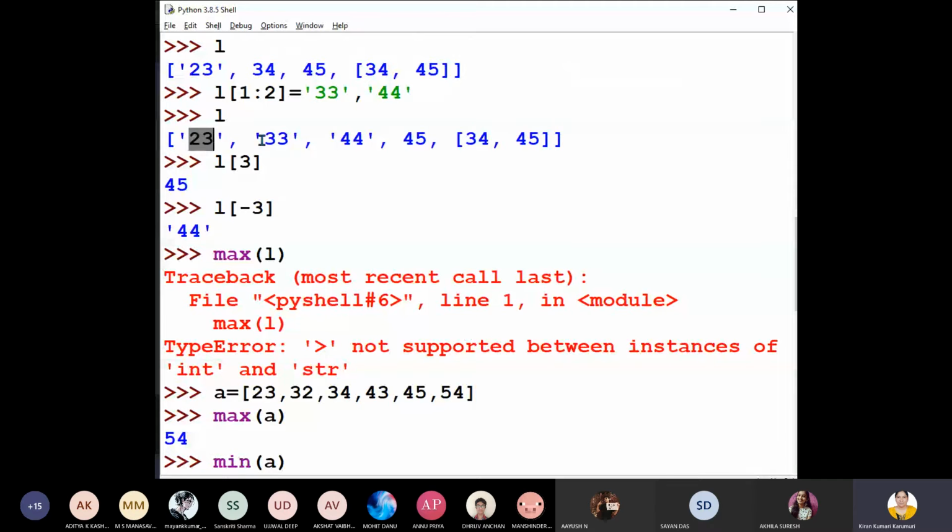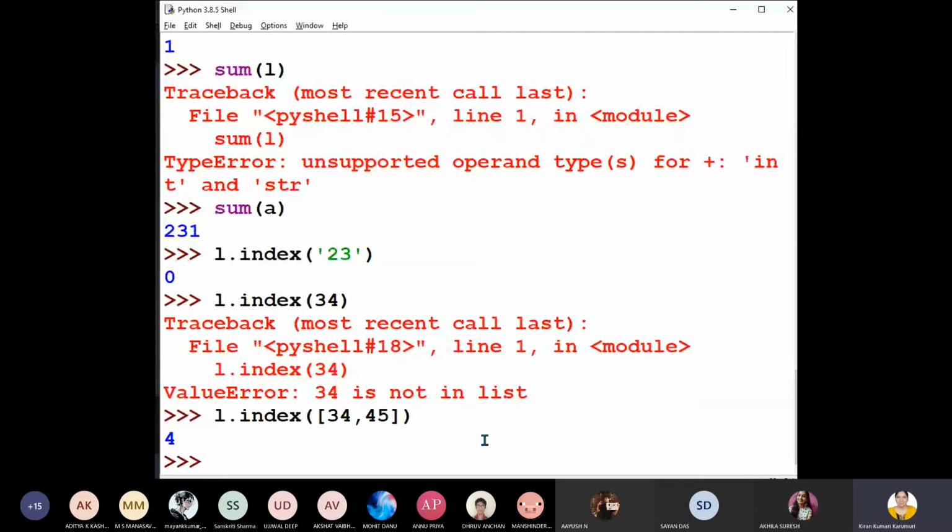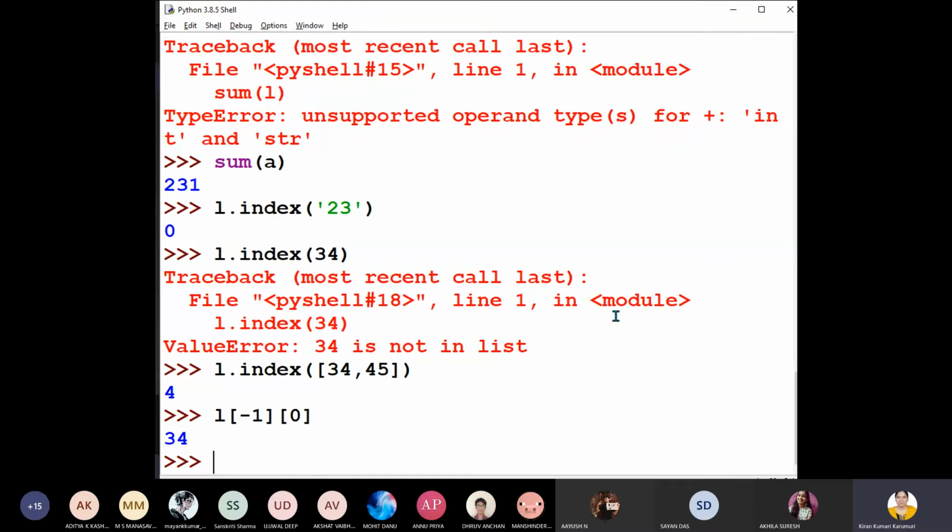See, 23 a string, 33 a string, 44 is there, 45 is there. Where is 34? This is another list item. That entire list item is a single item. So when we want to retrieve it, how do we retrieve it? With a double index, like minus 1 1, minus 1 0. This indexing will help us to retrieve the value 34.